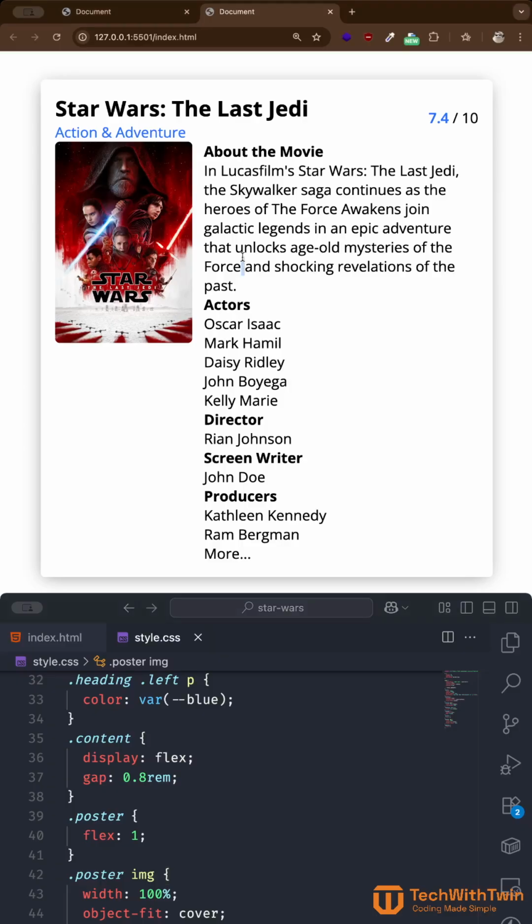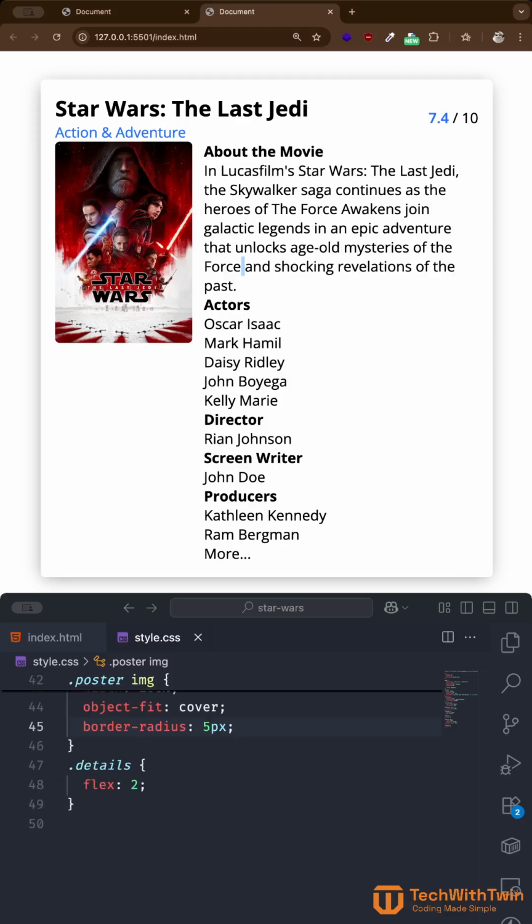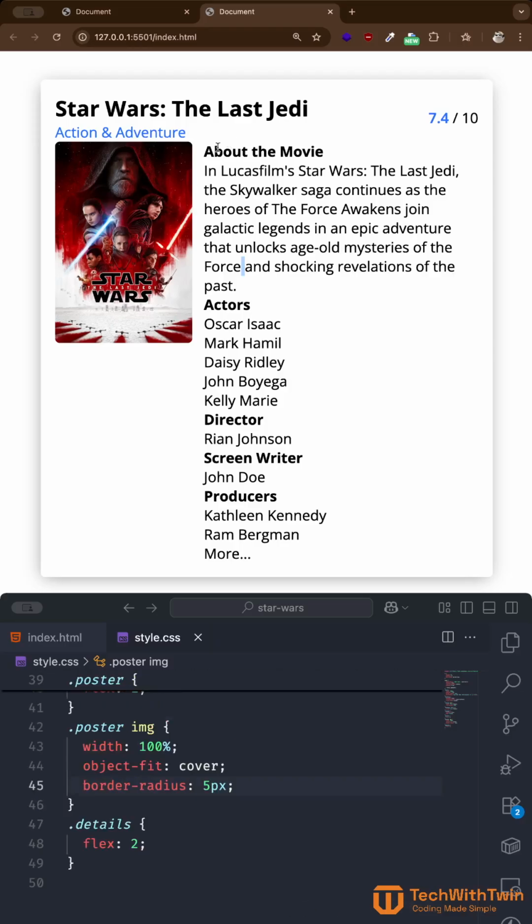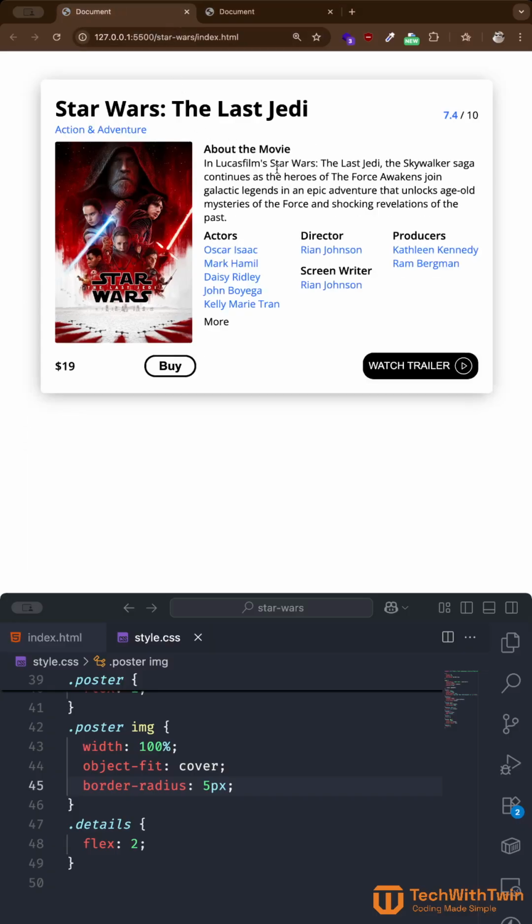The next thing, before even we work around the content, this text is too large. These texts are too large. How can we grab all these texts? Because all these texts are the same. You can see all these are paragraphs. So what we can do is that we can